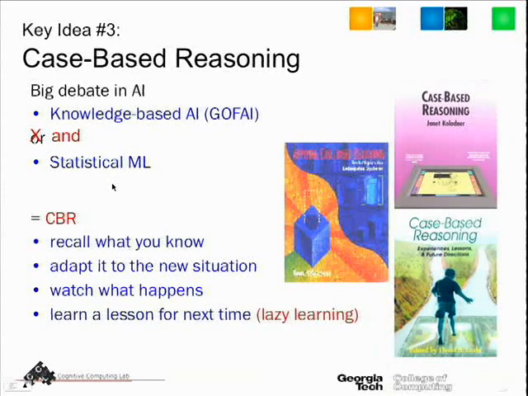Agent might be you or I. It might be a computer agent. It remembers what it knows, brings it to bear on a new problem, and then tries to learn from that experience for next time, learn a lesson. So it is learning from experience in that sense. It is incremental, empirical, statistical, but it's happening in a lazy manner. It's happening as you have the experiences, not trying to pre-train the agent all up front.